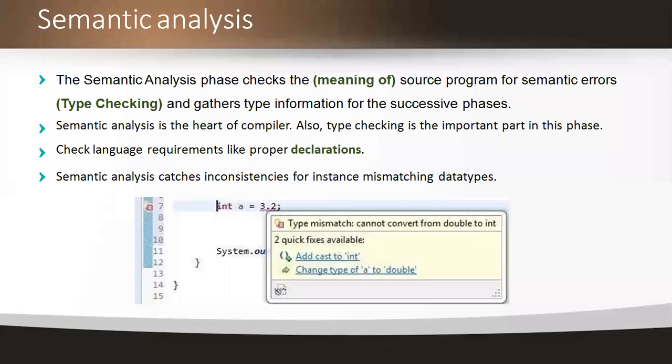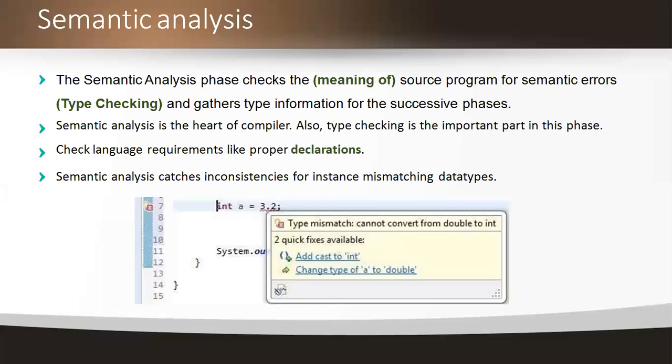That type of error is called a type mismatch error: cannot convert from double to int. So there the bug is fixed. What it means is checking the meaning of each and every token, whether it is in the correct format and has a correct meaning or not. This is done by the semantic analysis.